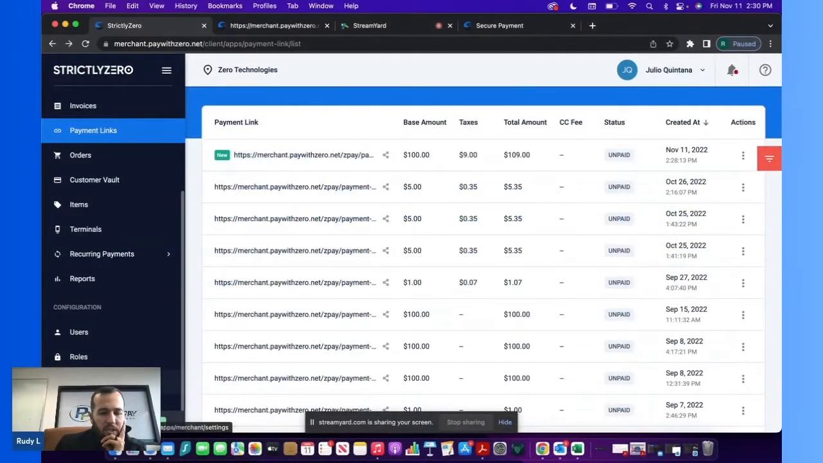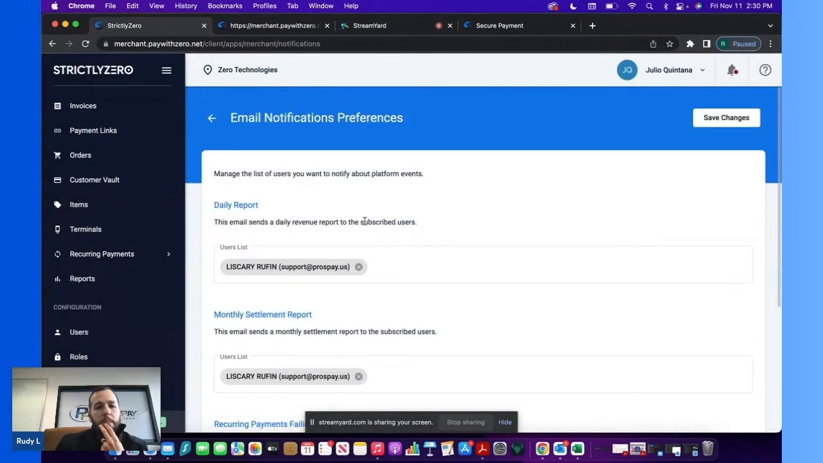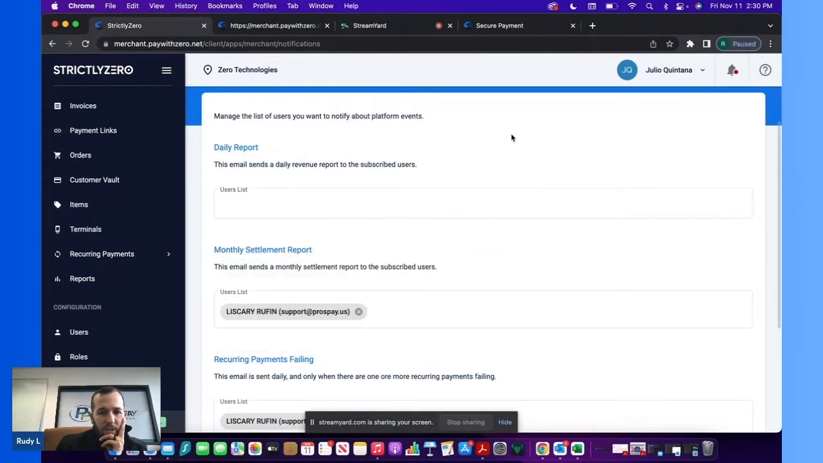If we go to the merchant settings, which I mentioned briefly, one of the tabs in the merchant settings is the email notification preferences. Here, users will have the ability to add and select who receives what notifications. So on a daily basis, you might want the business owner or someone in the accounting department to receive an email with a breakdown of the daily report, which will include what were the sales for the day, what portion